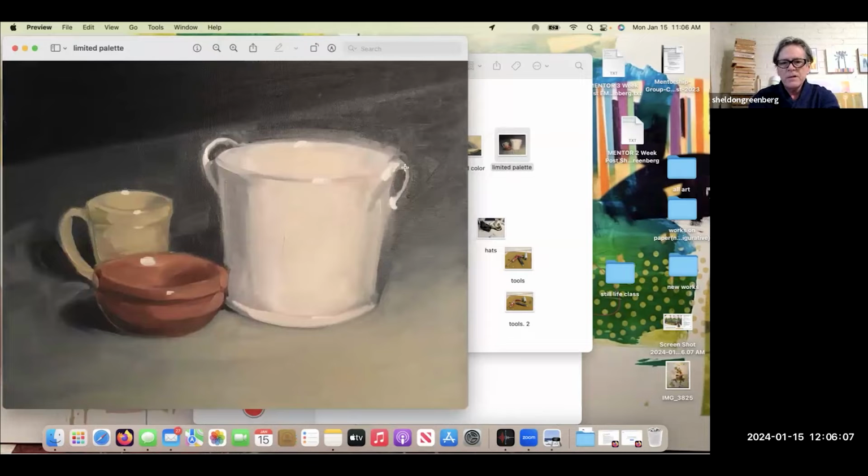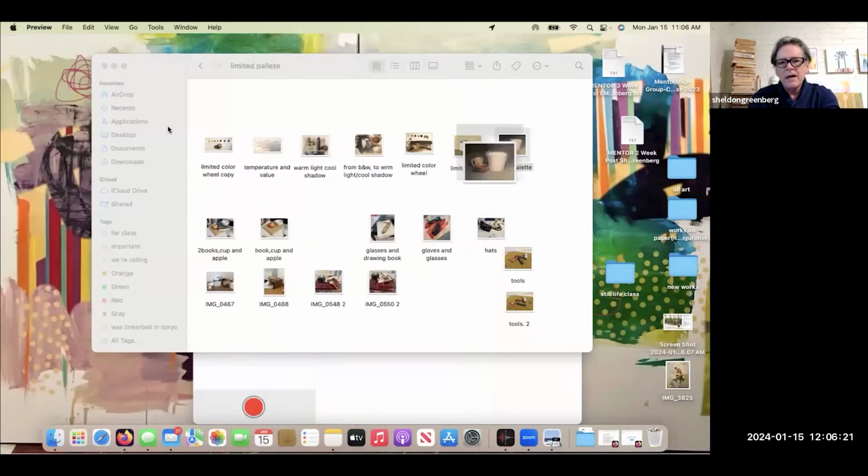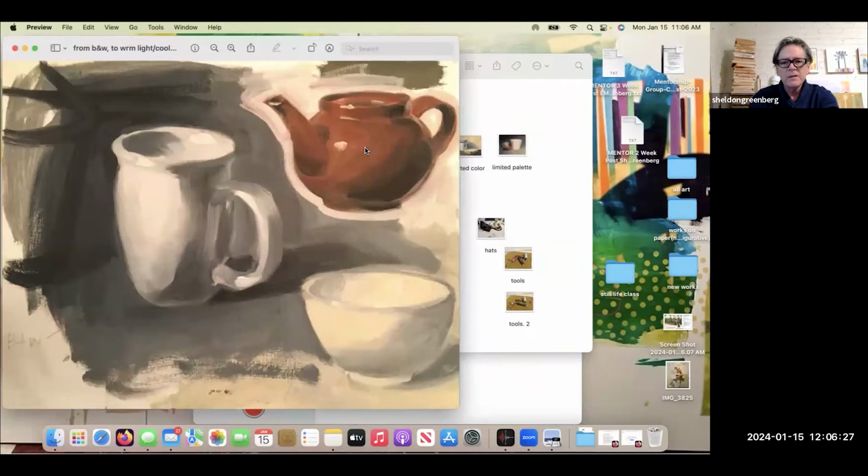Another combination of those colors creates this three-dimensional realistic version of this cup and saucer and the pan. As you can see, my paintings initially started out very realistic and very tight, and I've moved away from that, focusing on seeing the brush strokes and getting a little bit looser with my paint strokes. This is an example of going from just using black and white on this cup, and then using yellow ochre to create a sense of color choices and variation with what's in the light versus what's in the shadow. And this is the same example, again, with the same use of the limited color palette.